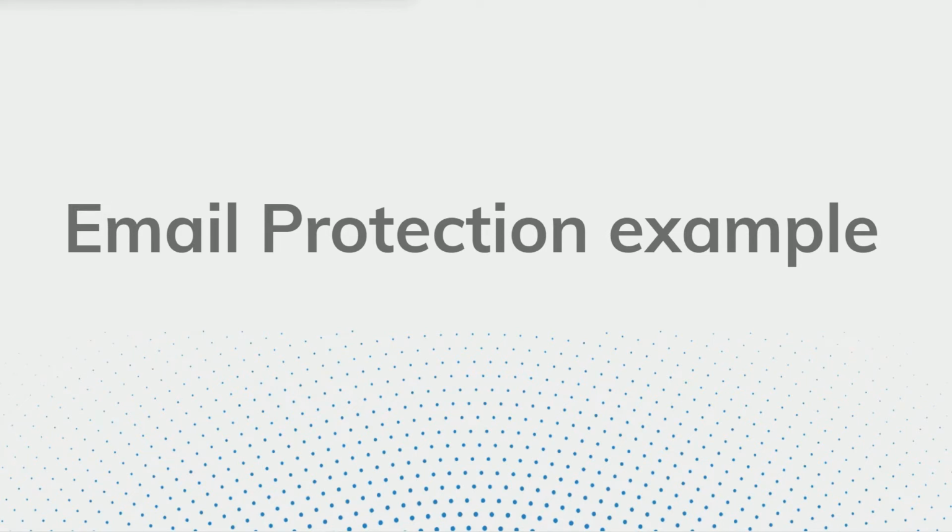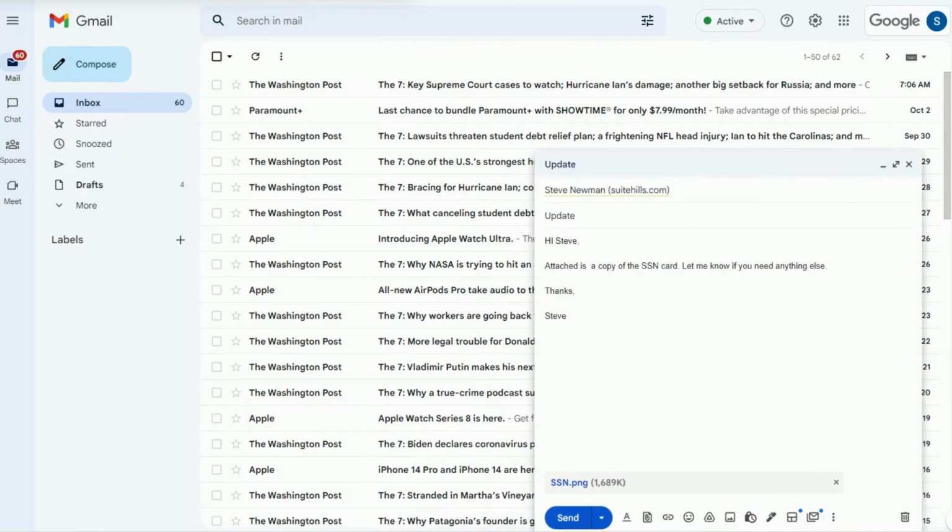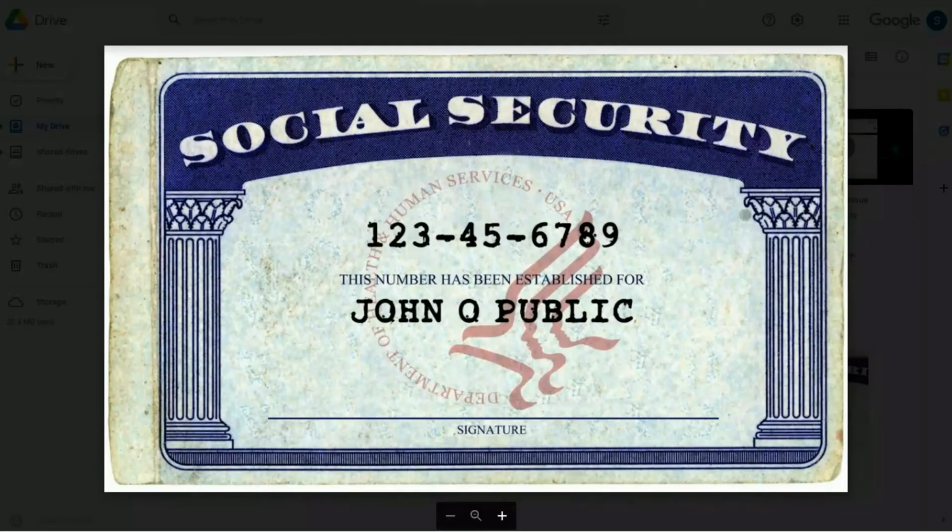protect email data. The Social Security number rule we created in the previous section will block an email from being sent because it contains a Social Security number. Now we're in the inbox. At the top left, select Compose. Here's the email message. We notice an attachment that says SSN. If we were to look at the attachment, it's an actual Social Security card with a Social Security number on